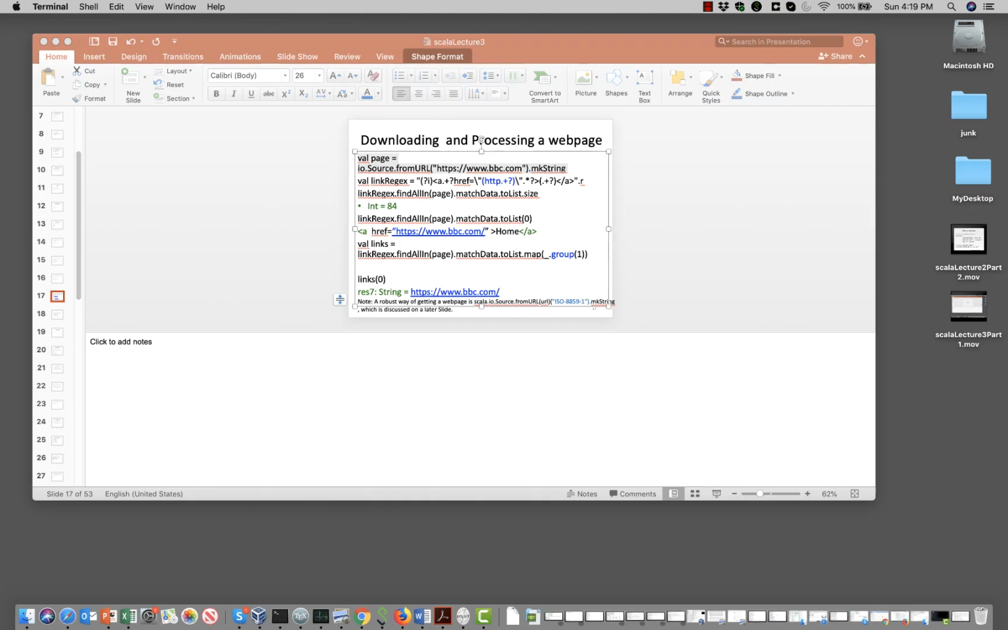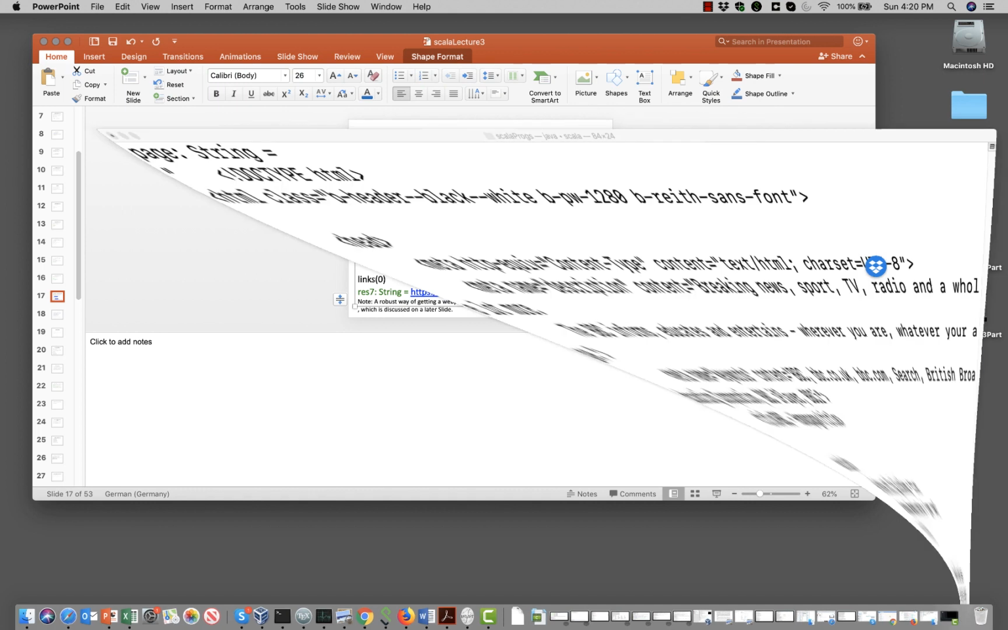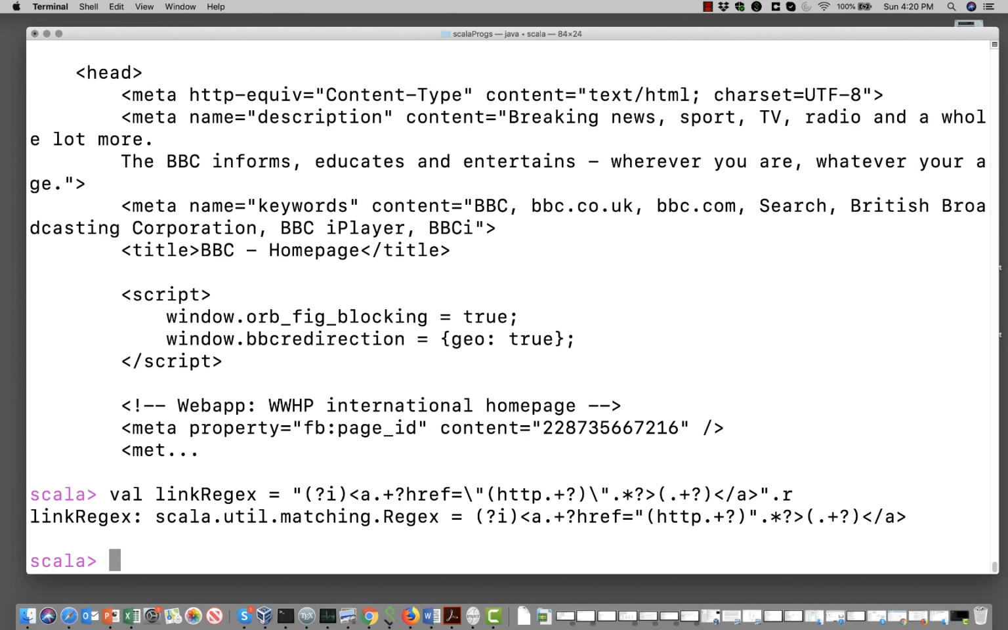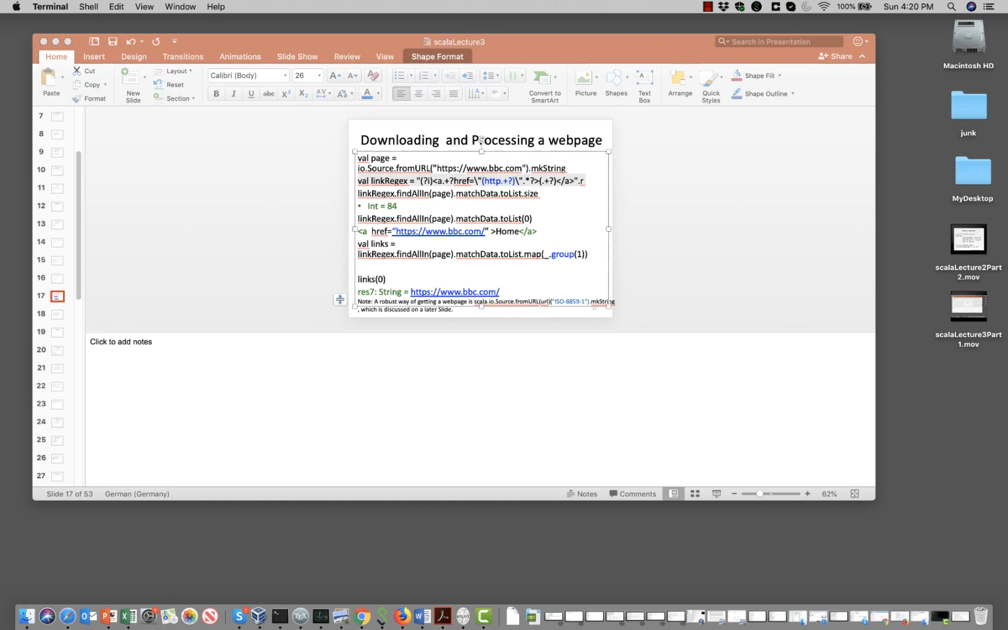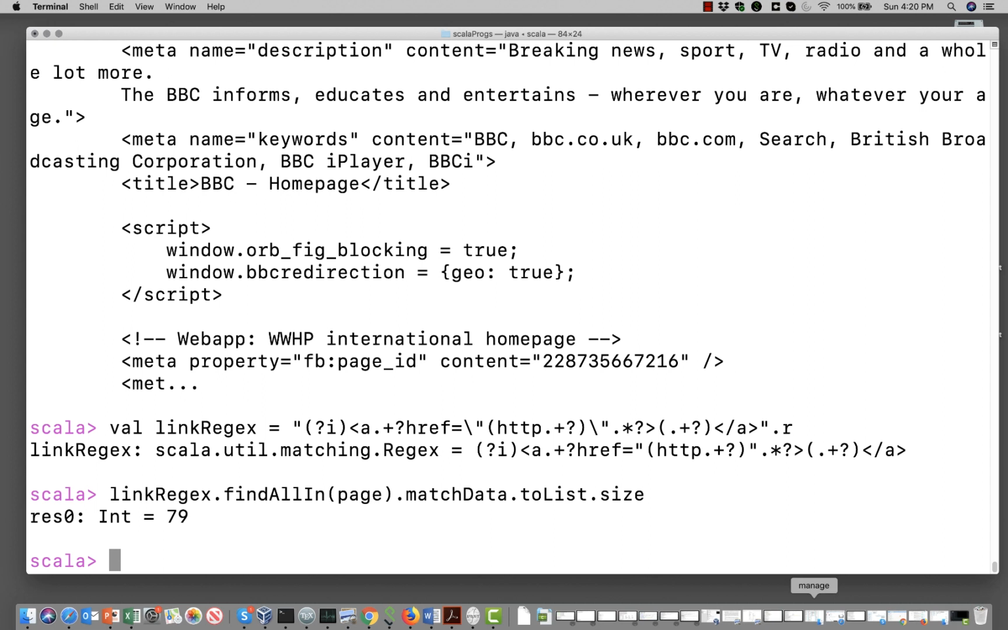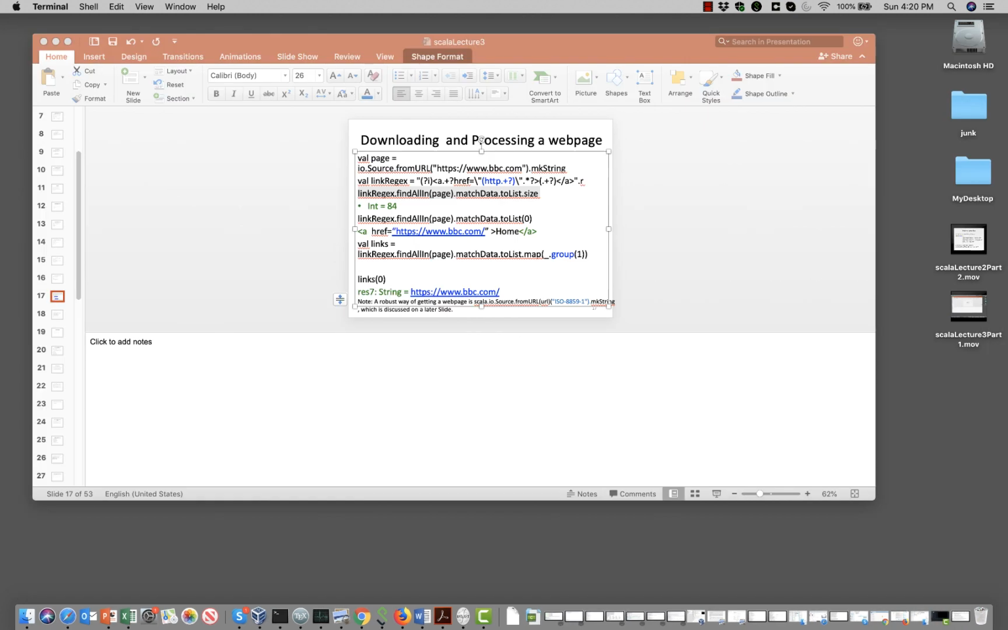Okay, we got it. Now let's define this regular expression, which is here, that represents a link in that page, right? And now we want to see how many such links are present in that web page which we have just got, and that is 79. A little bit different from what the PPT shows, which was maybe 1 year old. bbc.com has changed in the last year, it seems. And then